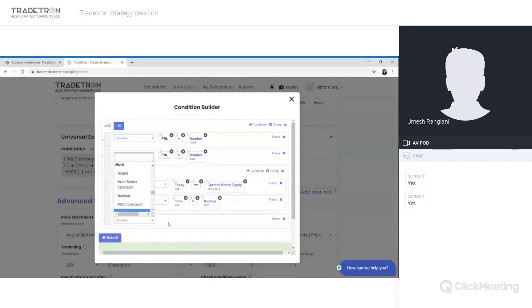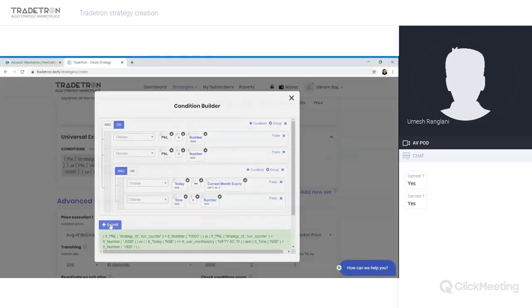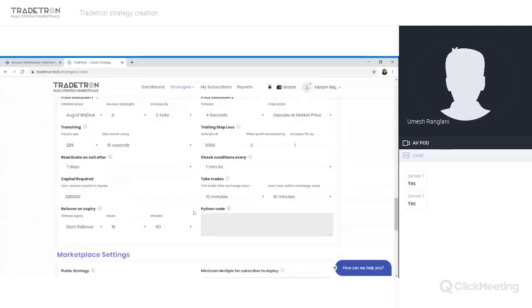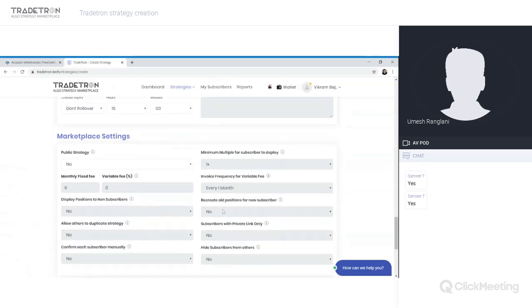And if there is some particular function that you want in your strategy, but it is not available as a keyword in Tradetron, then of course you can contact the support team. We can add custom Python code for you. We can build your custom logic and put it in this area. So basically, we can also integrate your custom ideas with available standard functions in Tradetron.